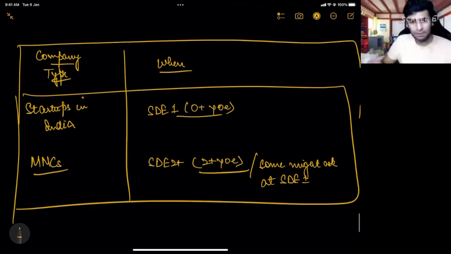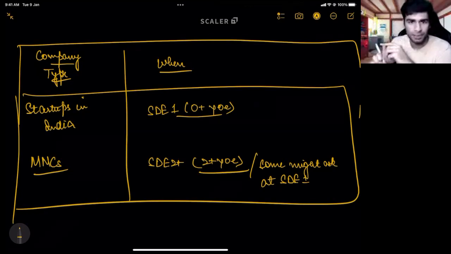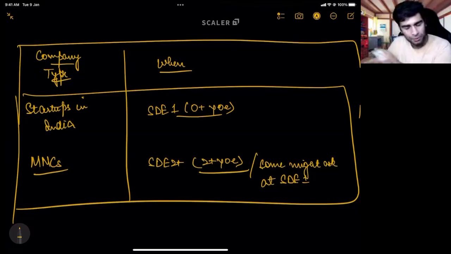By the way, there are multiple types of LLD interviews that happen. You can see in your schedule, there is one class completely dedicated to types of LLD interviews and how to approach the problems there. We will discuss the types of LLD interviews: your theoretical rounds, your design rounds, your machine coding interviews, and your debugging rounds. So don't worry, you will get all the details in the coming classes.